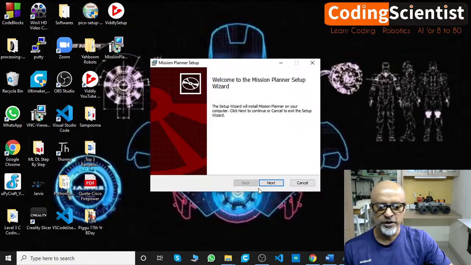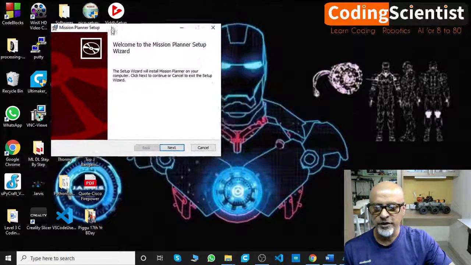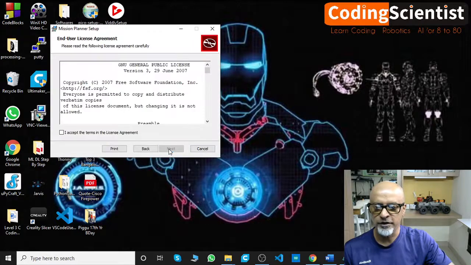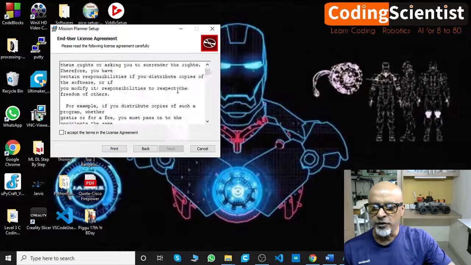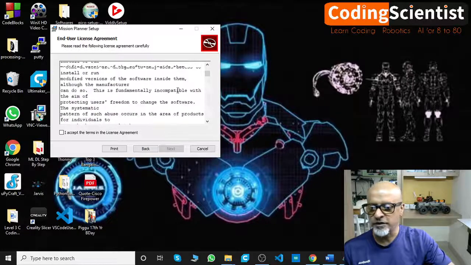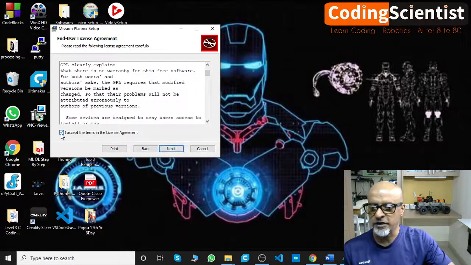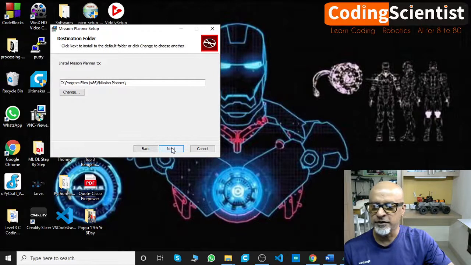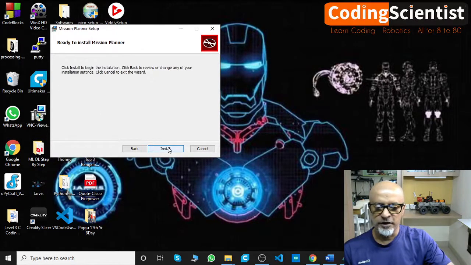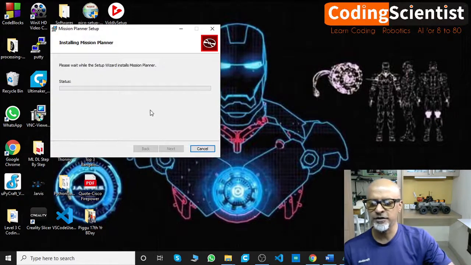All right, preparing to install, and then you can see this kind of screen. Click on next, and then you might want to go through the terms and conditions, which is a standard license agreement, and click on I accept, and then click next. Just make a note of the path, guys. It might be required for future configuration. Let it be in the default path, that is your C drive program files. Click next. Ready to install Mission Planner. Looks powerful. Install.